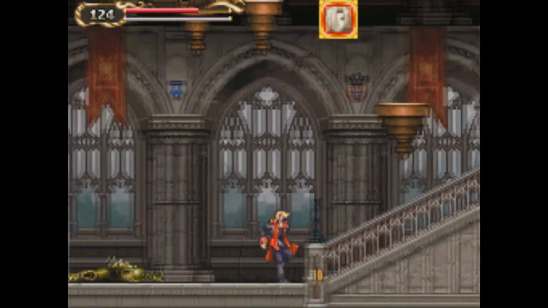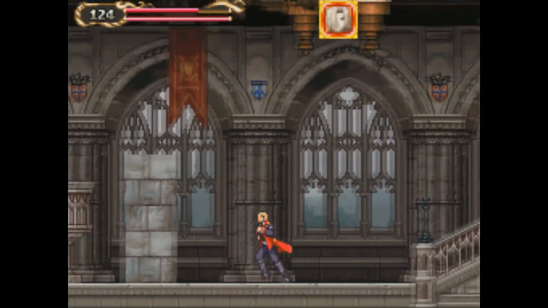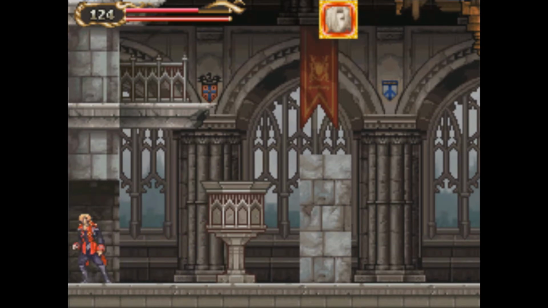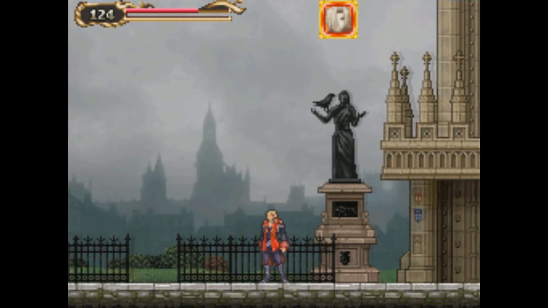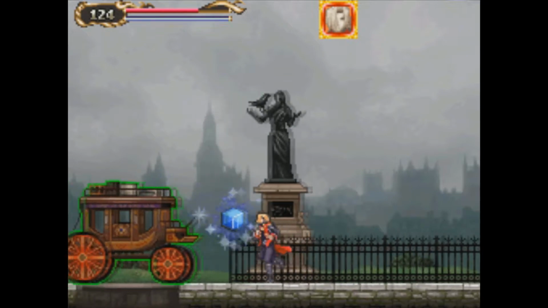There we go. Let's have a look at our money. What have we got? 7,139. I'm assuming that's not an amazing amount, but compared to what we started with, that's pretty good. We have indeed picked up a lot of money in this particular area, which you would hope. But isn't this great? We've spent all this time in this area. We haven't even really progressed much further at all through the...